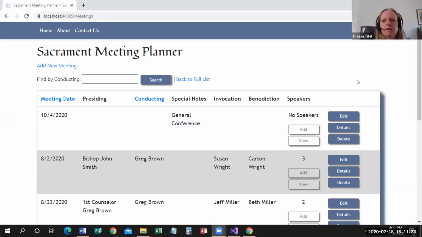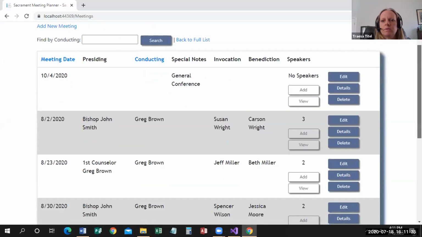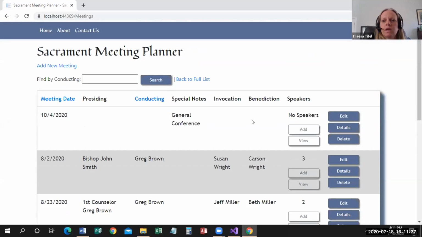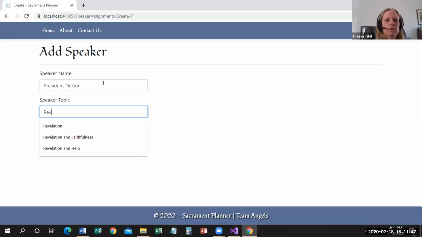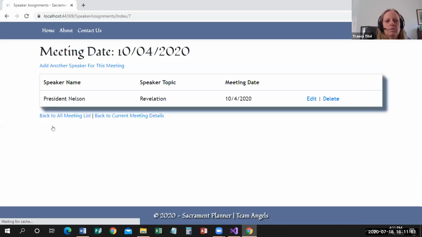From the index page, you see that we have the number of speakers as well as the opportunity to add a new speaker or view other speakers. So if we wanted to add a speaker to general conference, we can do that,